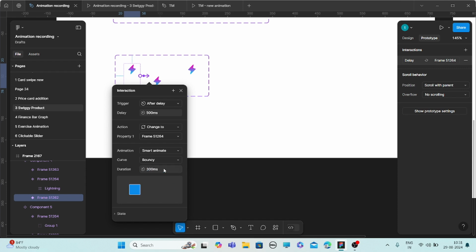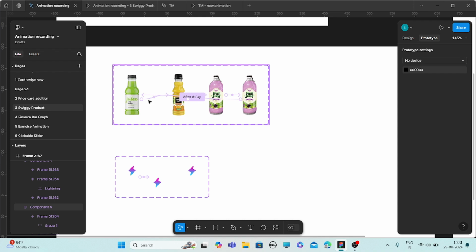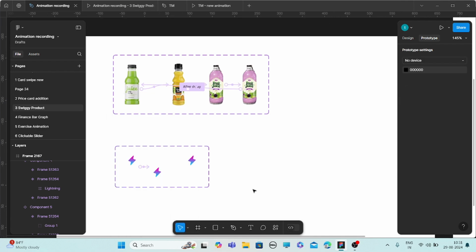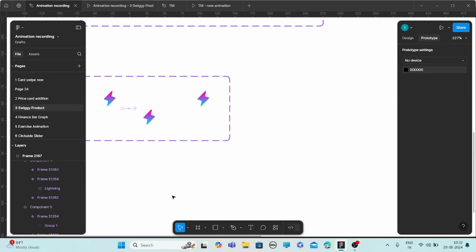Here you can see the total duration is 800. Previously, the 800 was given individually for the after delay, so that the icon comes down in this duration, and the other 800 for the bouncy section while the icon goes down. I hope you understood what I'm telling.